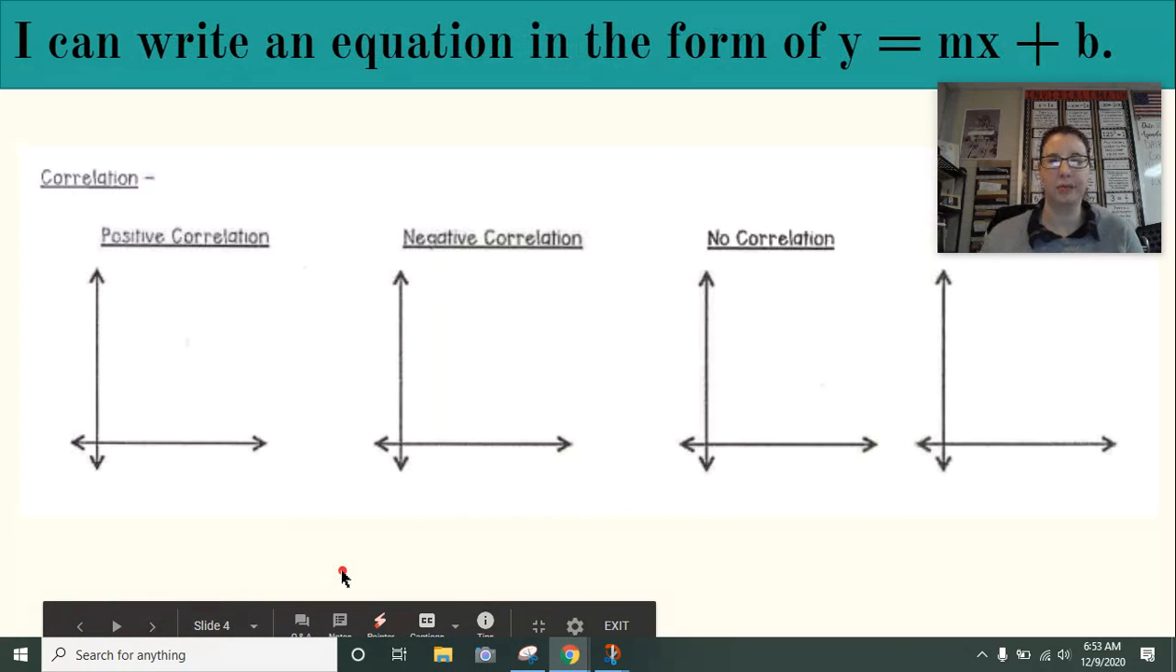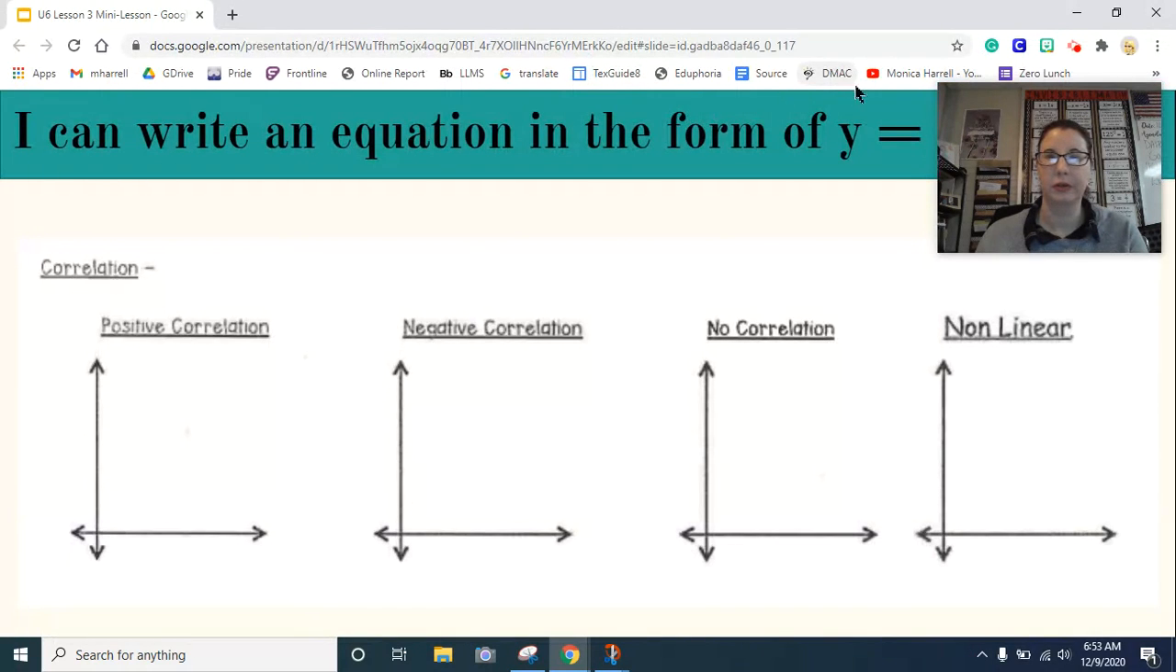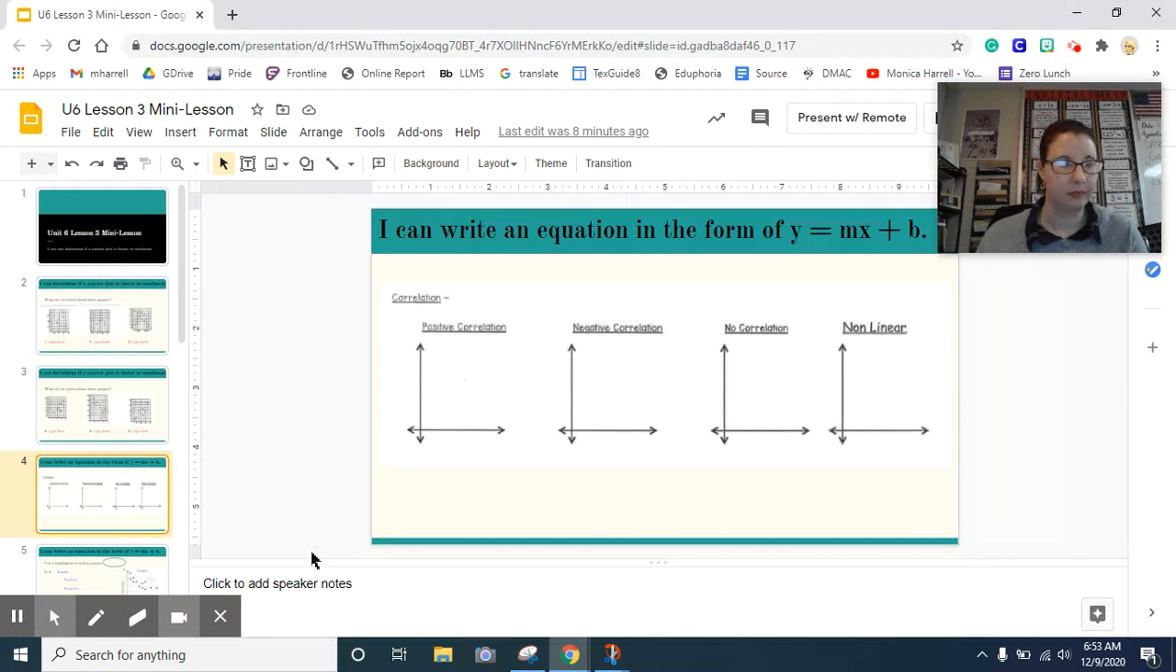So how do we talk about what positive and negative is all about? When I'm looking at a positive correlation, what I'm going to look for is a bunch of dots that generally go up in a line from left to right. The points are generally going up. When I'm looking at a negative correlation,